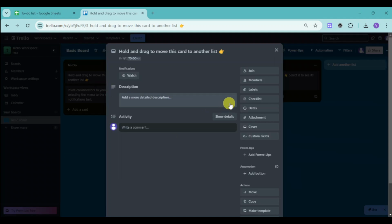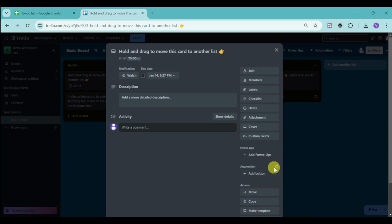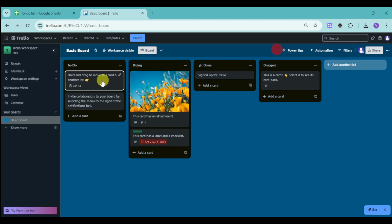and then from in there, just head over and then click onto this dates option. Just choose in here the date that you want to input and you can also choose in here the time. From in there, click on save and then as you can see, it's now added the deadline and it should